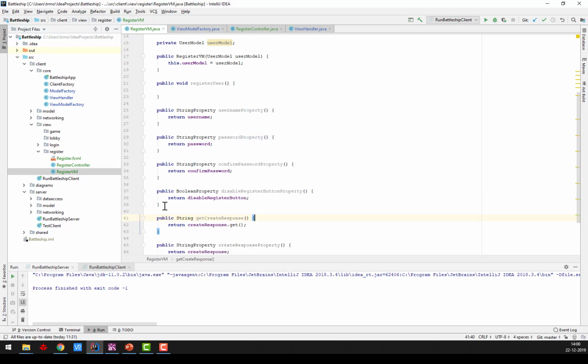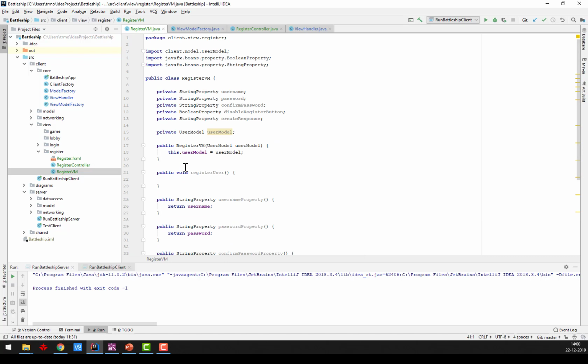Create response, and I don't need that part. All right, so this is the one that we will react to in the end, and so in the control, I want to listen to what happens here. Okay, so when I click the create button or register button, I want to check if